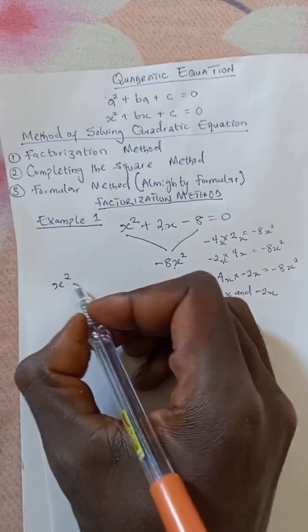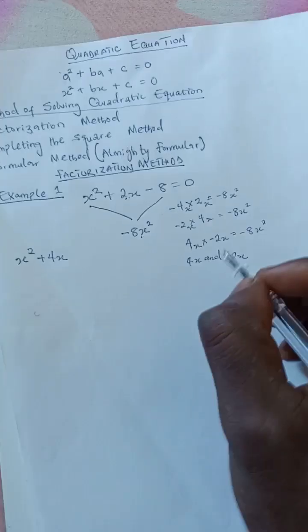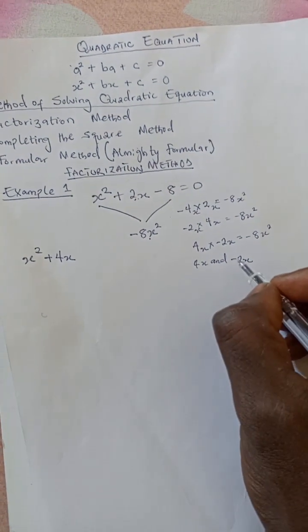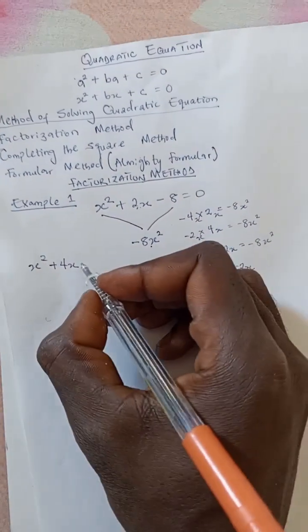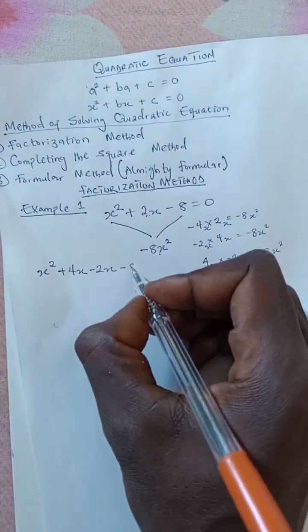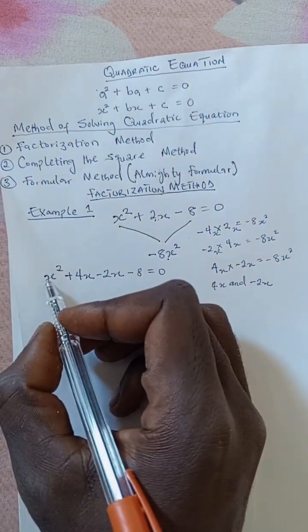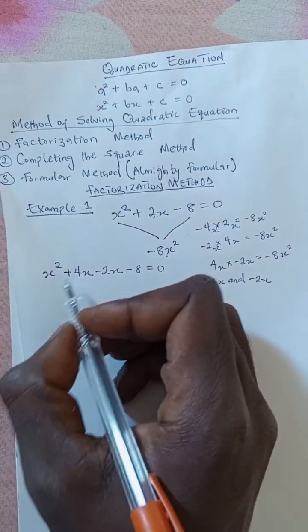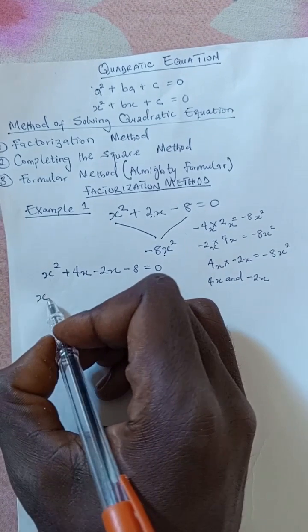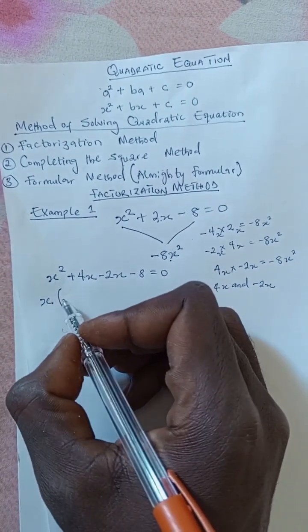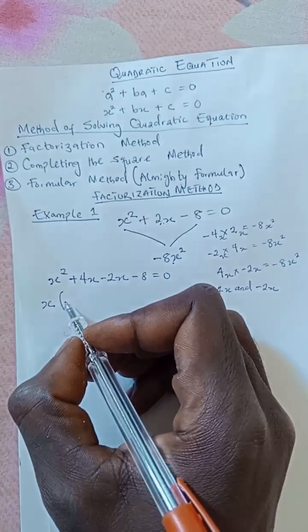So I can write plus 4x, because the sign before this 4 is a positive sign, and then here is a negative sign. Then outside, minus 2x minus 8 is equal to 0. So now you factor out what is common between these two terms, which is x. Factor out x to be outside a bracket, open a bracket,